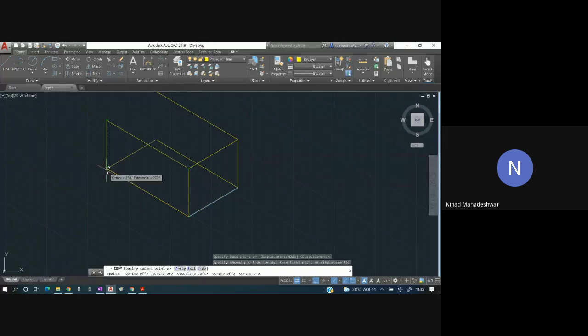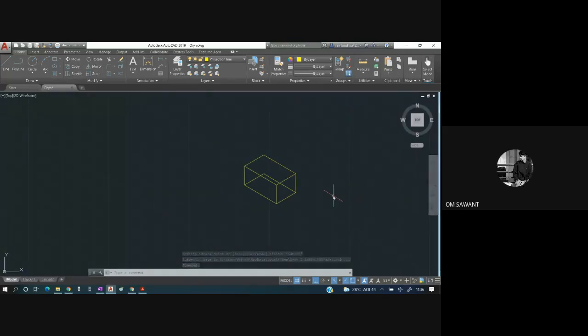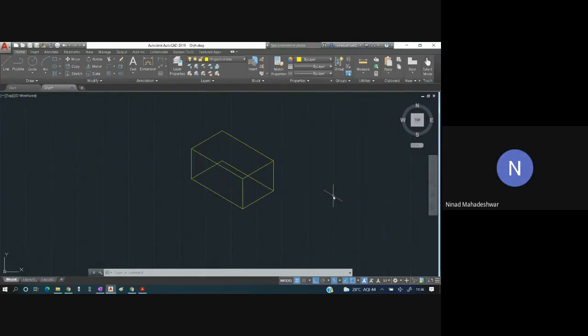I can paste it over here also, but I am not able to paste it on the other side. Now I can do that because I have changed the plane. So these things are done. Everybody has understood this, copying this part. Now you tell me which lines are actually visible and which lines are hidden. I'm talking about this line. If this is an entire solid, is this line visible to you? No. So I'll delete this part, and this becomes your actual box.